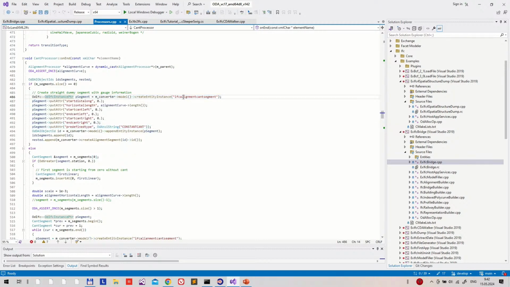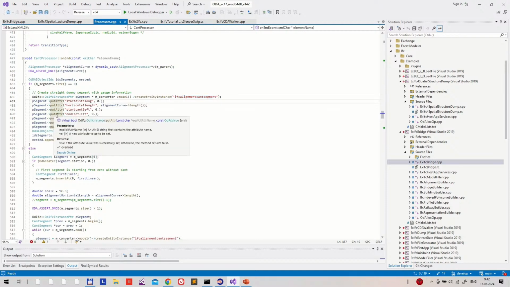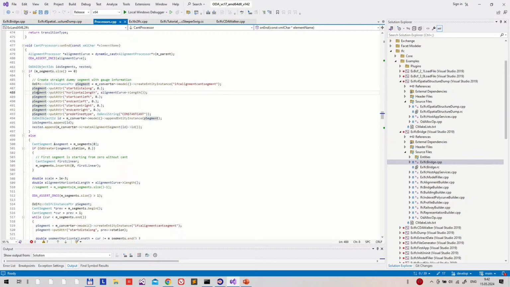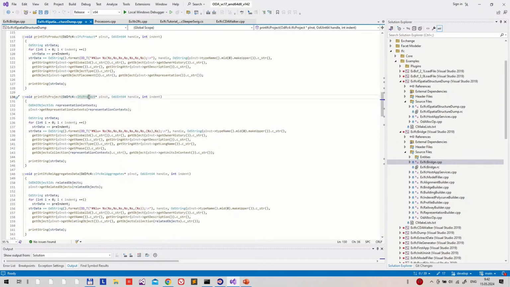I think we can even scroll a little bit. Scroll forward. The general idea, I think, is clear. As you see, we address different attributes by name,